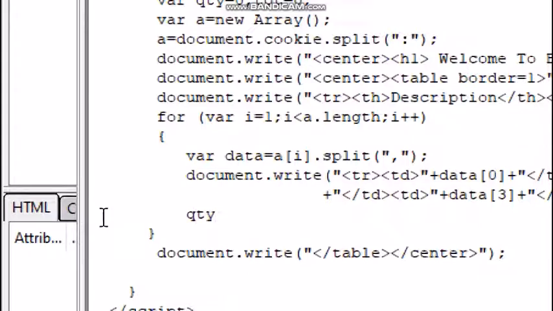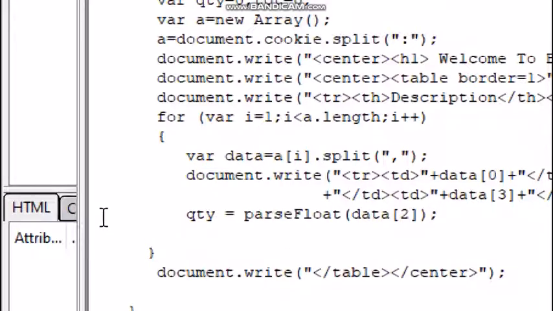quantity equals to parse float data 2 and total, that is tot variable, equals to parse float data 3, semicolon.